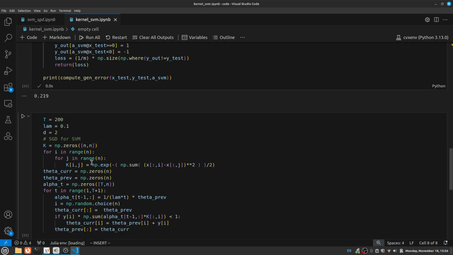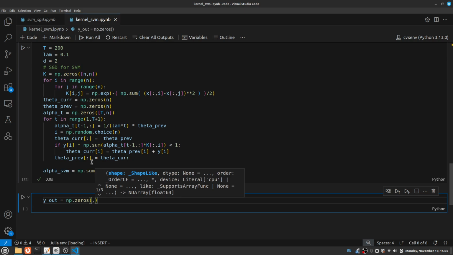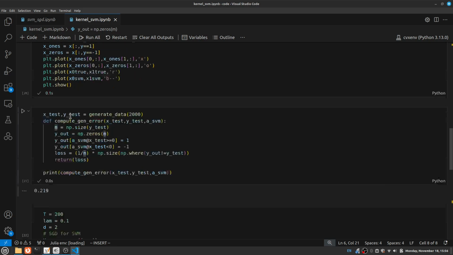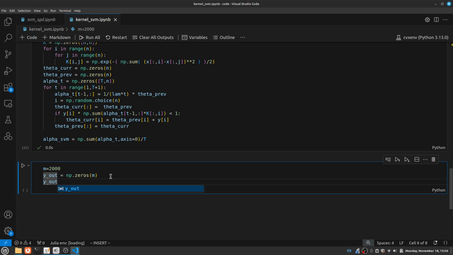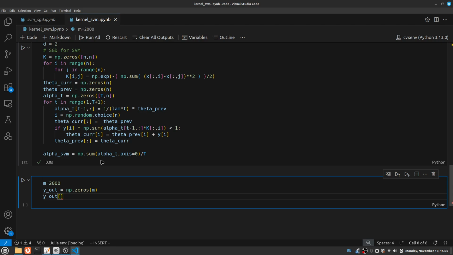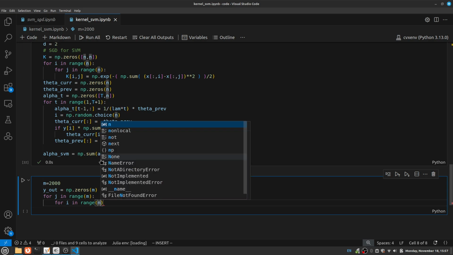So this would be y out, and to evaluate, for each test data point, and for the kernel,